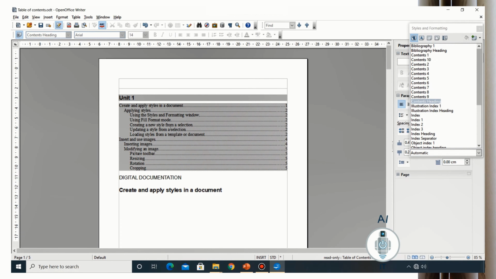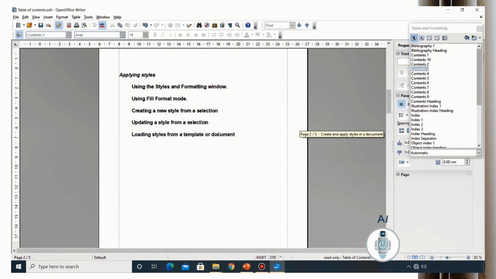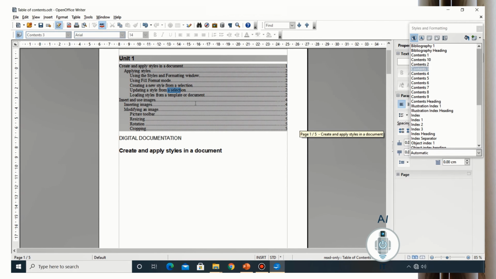As you can see, the table of contents is getting displayed on the screen. Now I can make changes to this. As you can see, the page numbers are applied correctly. All the pages are appearing as per the headings.